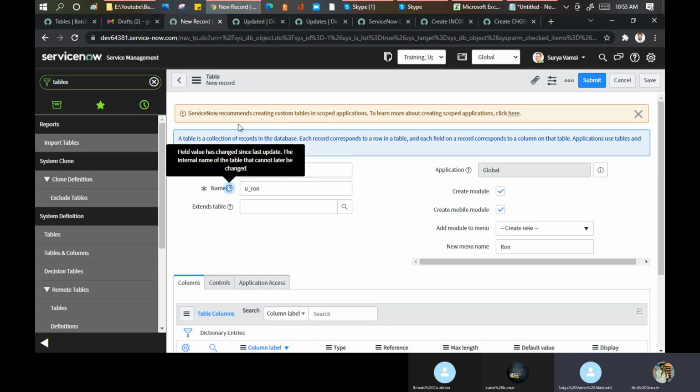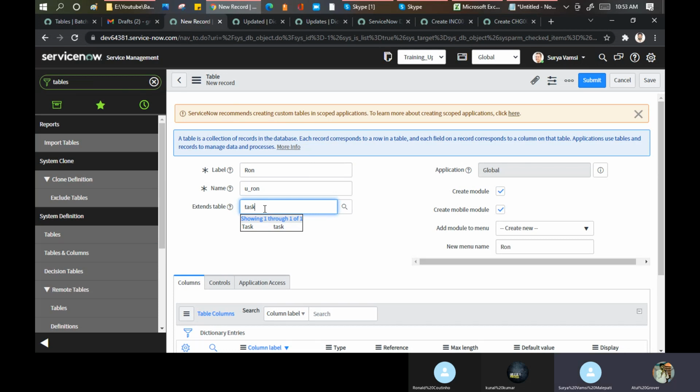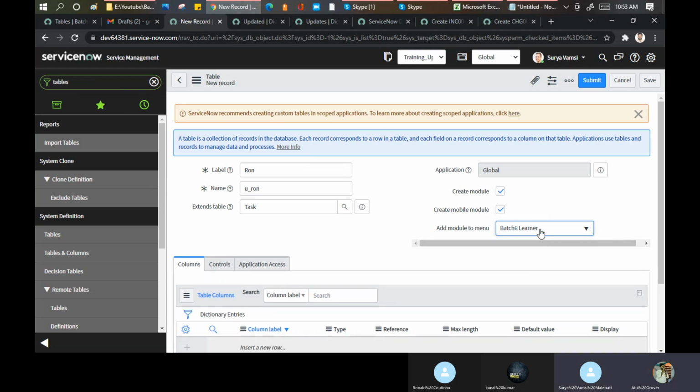Now I will extend this table. I'll create this table from the task table. I'm extending this. This is my task table. Do you want to create a module? No menu, I want to use the previous menu. Which menu? I want to use the batch 6 learner. Okay, create the module, yes, create the module with the name rows. I click on save.